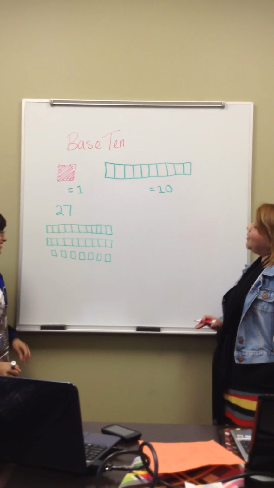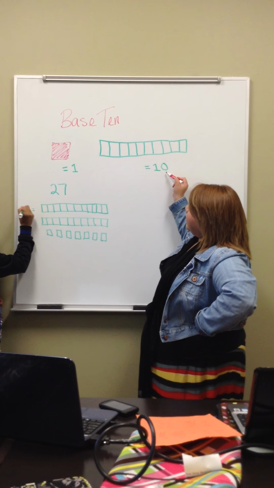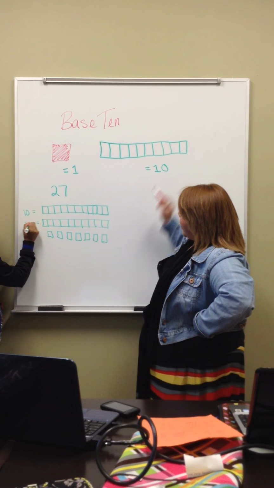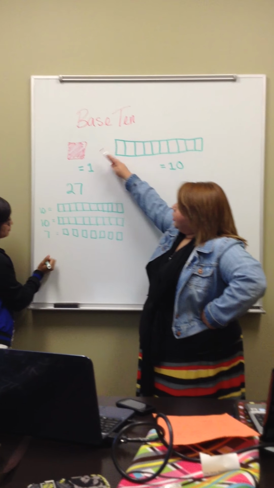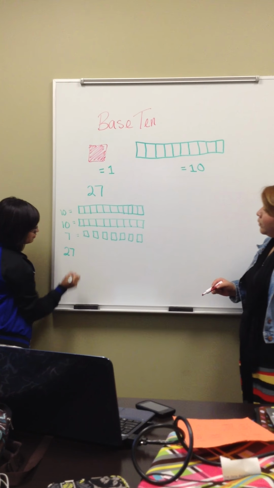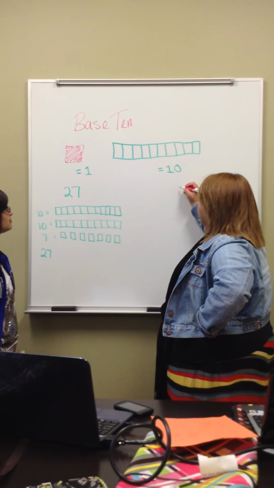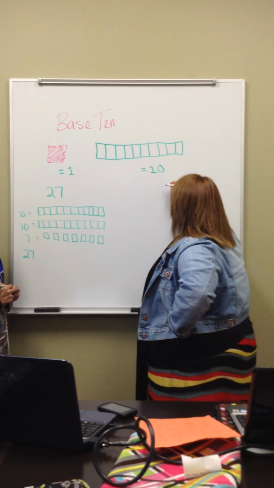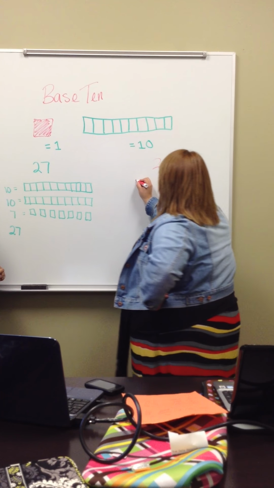The way Amanda did it was she did 2 of the 10 sticks and 7 of the value 1 cubes, which equals 27. If we do another number like 31, we can do